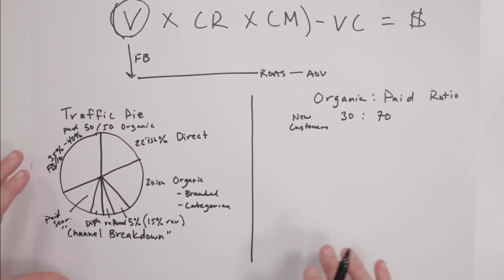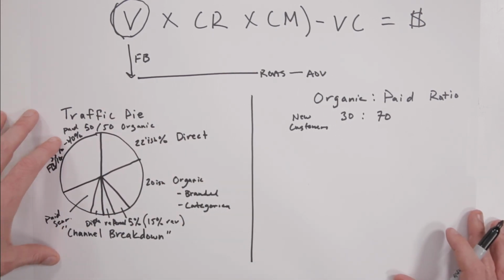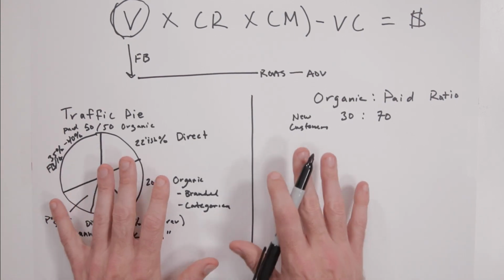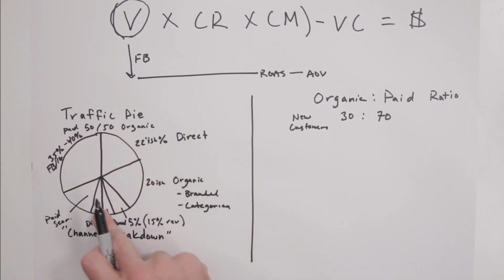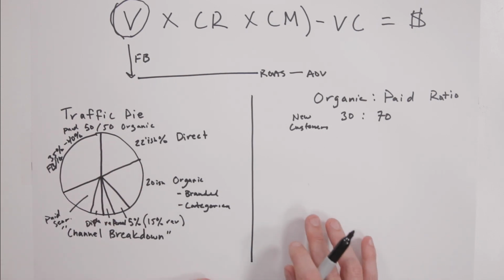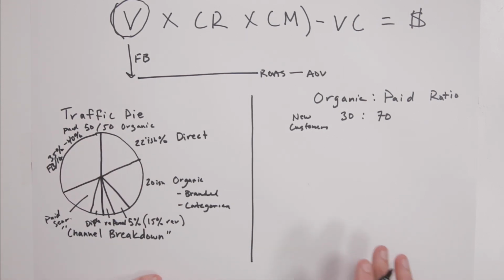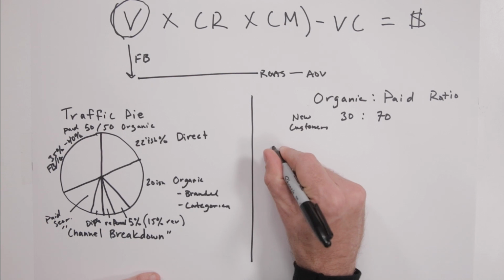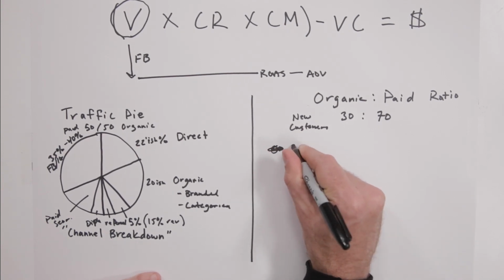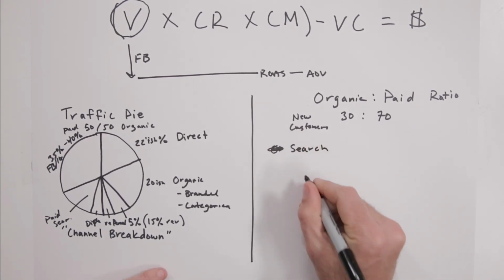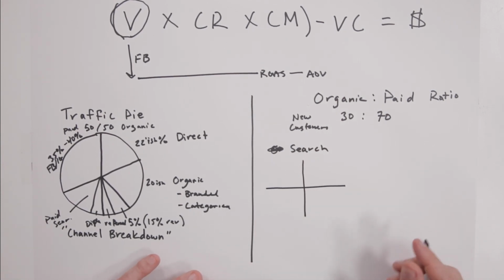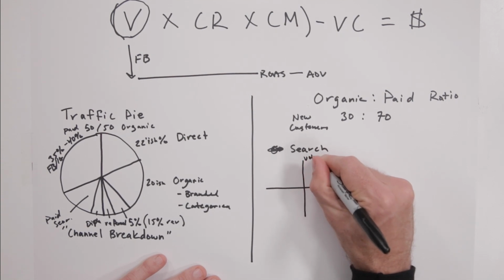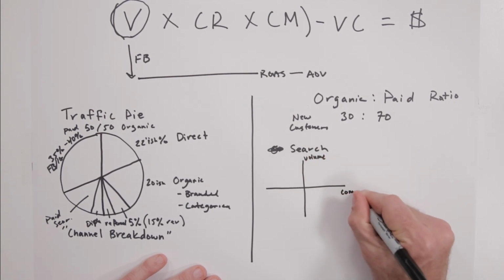As you begin to explore each of these channels and think about areas of opportunity to improve them, as with all data, we encourage you to approach this like an investigative journalist. As you break down your own traffic pie and figure out where there are areas of opportunity, the way that we will often explore them and figure out how to improve them works as follows. For organic, or let's just look at search as an area of opportunity, we look at it in what we call a 2x2 square, where there's a combination of volume and competition.